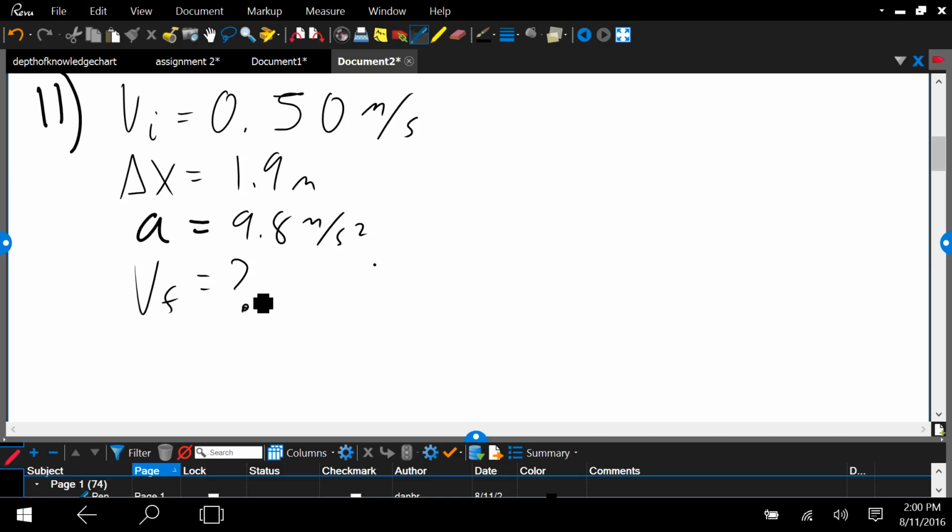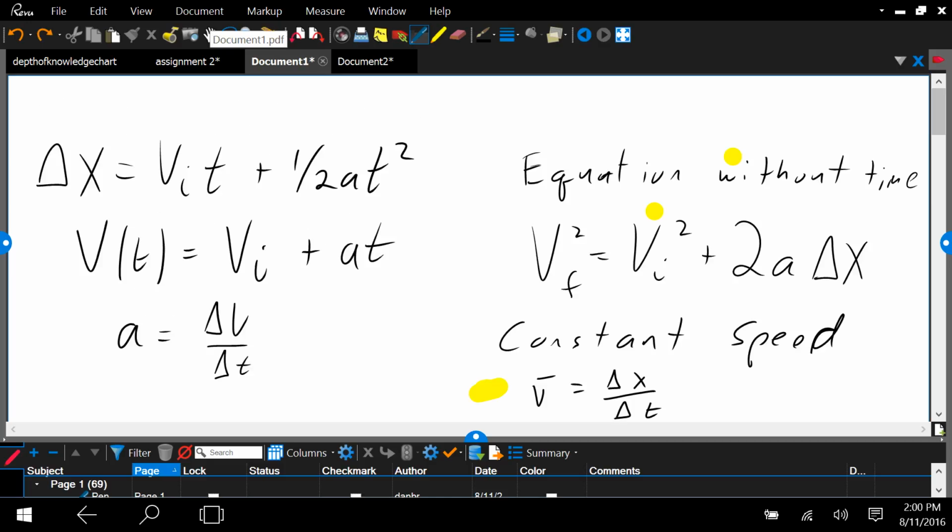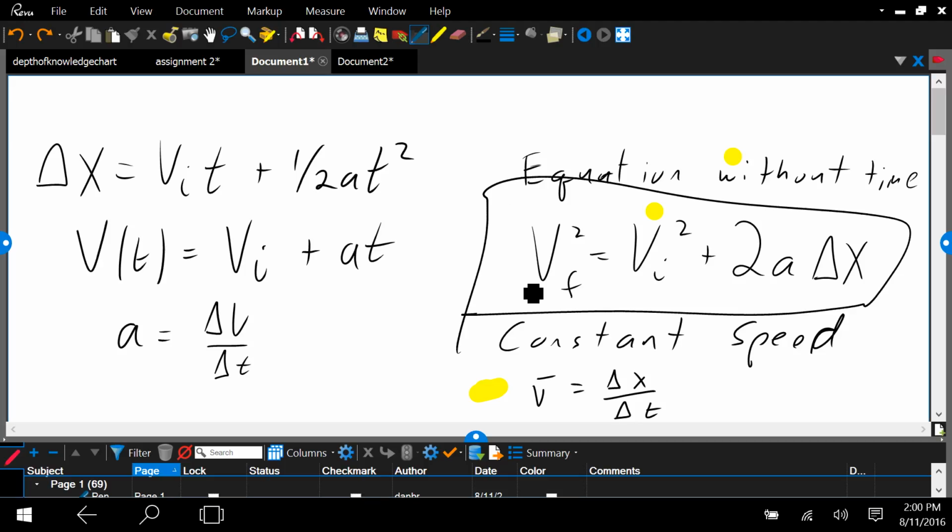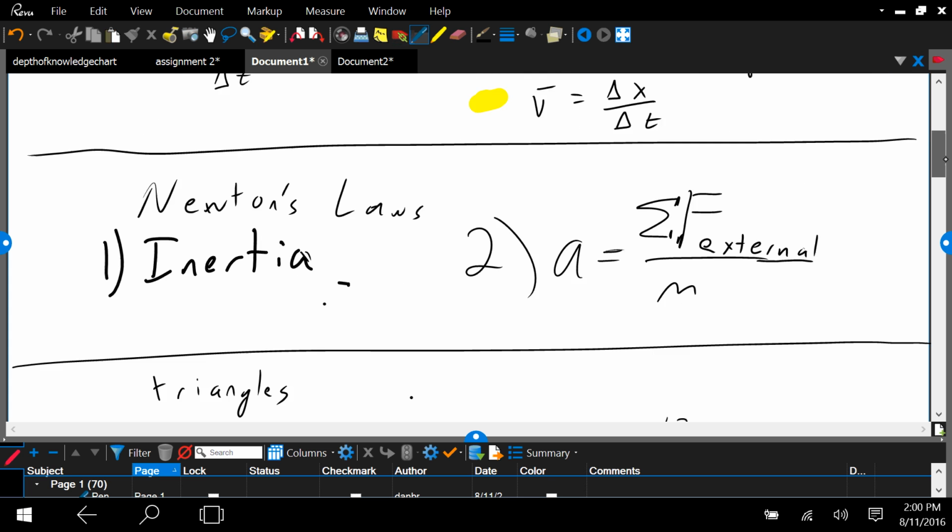When I consider these three quantities that I've taken out of the problem and labeled with VI, change in X, and A, that's a really important problem solving step, because as I flip back to my equations, I can glance at them and say, hey, I have an equation right here with the three things I do know and the one thing I don't, so I can use that equation directly to solve it. There's one complication in this problem that's going to prevent us from solving it right away,